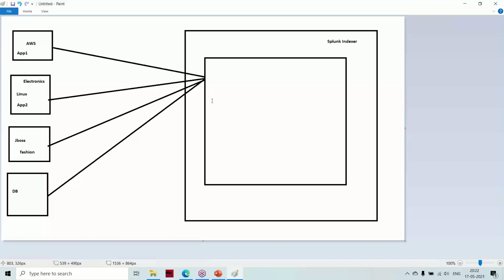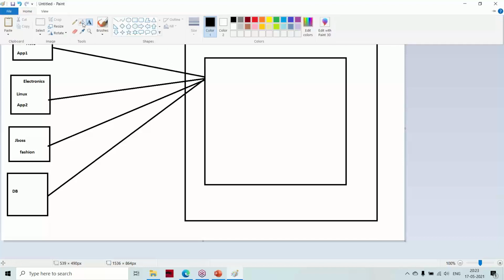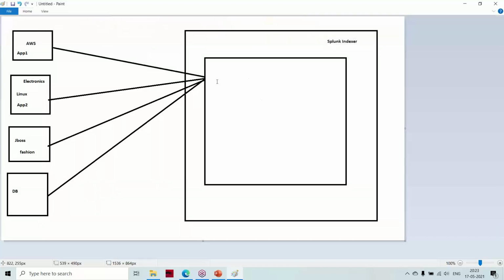Normally you will have a database where the data is stored, and each database will have a name. Whenever you create a MySQL server or an Oracle server, you can create multiple databases in that server using the create database command. But Splunk won't have any DB as such. Even though it is storing logs, it stores them in a flat file system, and the data is stored in directories. The directory is called a bucket.